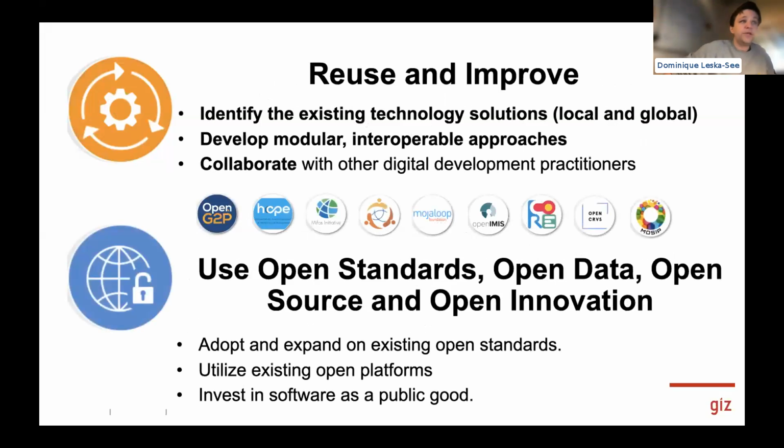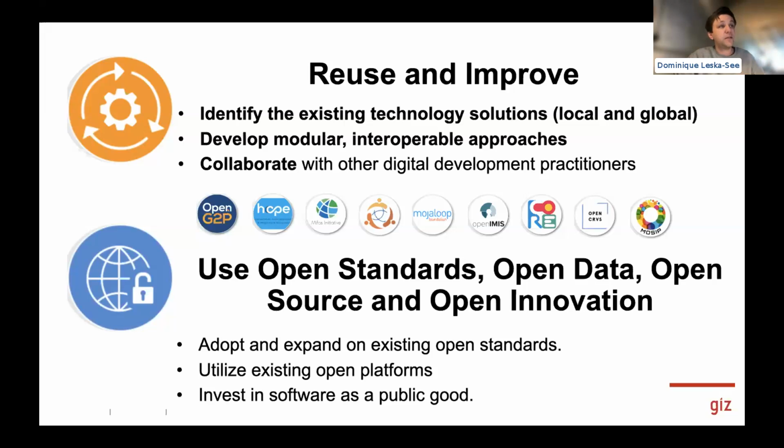The principle of reuse encourages the identification of existing technology solutions, data, and frameworks utilized by your target population or within your sector. This approach advocates for modular, interoperable solutions over standalone ones. It promotes collaboration with other digital development practitioners to increase awareness of existing tools and foster relationships for future reuse